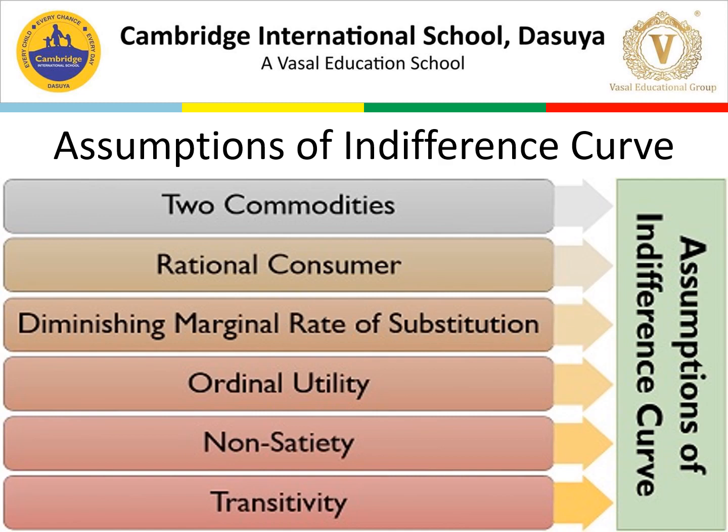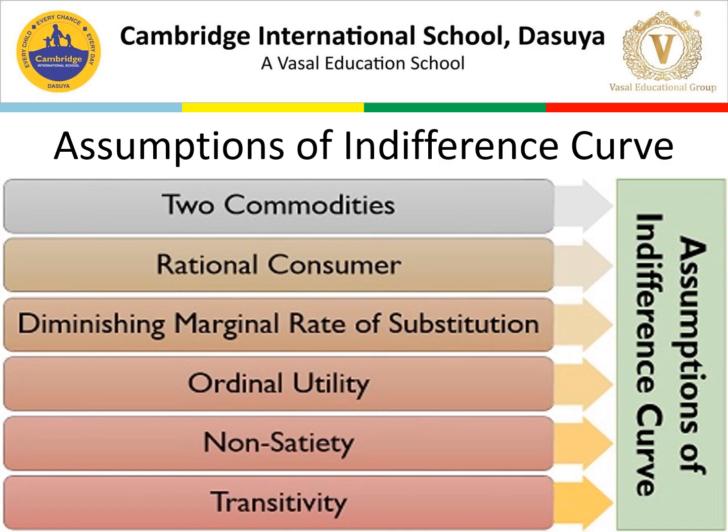Non-satiety means it is related to the saturation point. When your saturation point is not reached, that is the point of non-satiety. So it is assumed that the consumer has not reached the point of saturation. The consumer always prefers more of both commodities. He always tries to move to a higher indifference curve to get higher and higher satisfaction. So what they are doing is just trying to get higher and higher satisfaction.